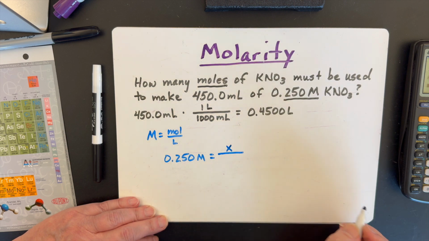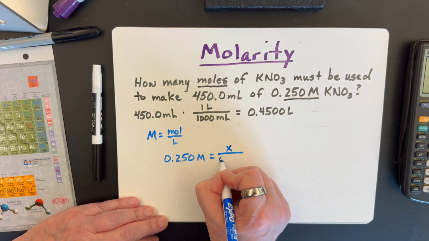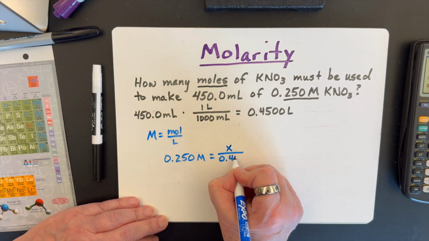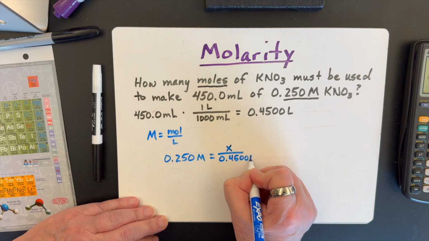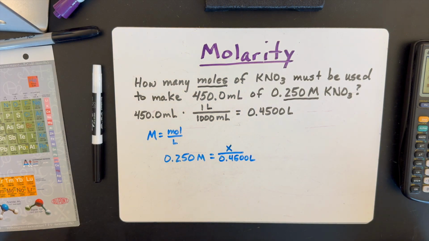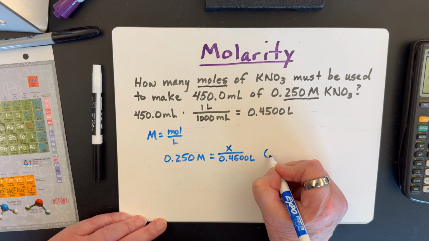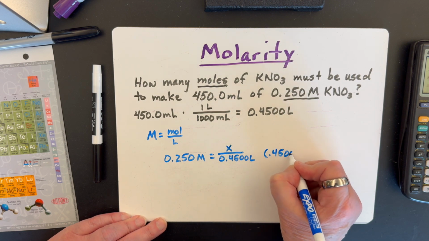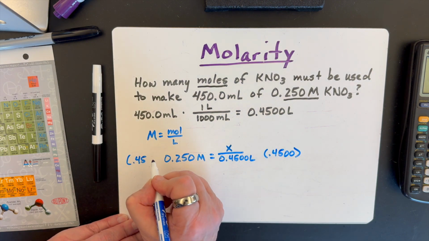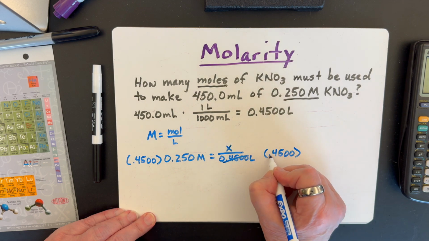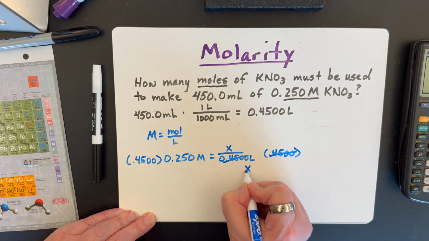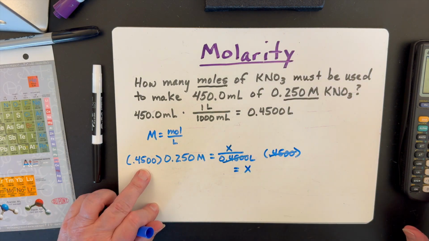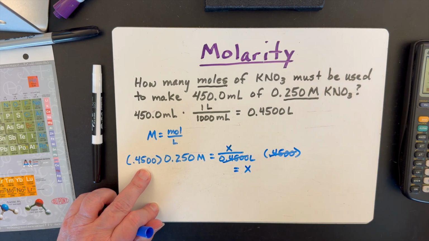That's our X. And our volume is 0.4500 liters. And now we're going to solve for X. So we're going to multiply both sides by 0.4500, and this cancels, which just leaves us X on this side, and 0.45 times 0.25 leaves us